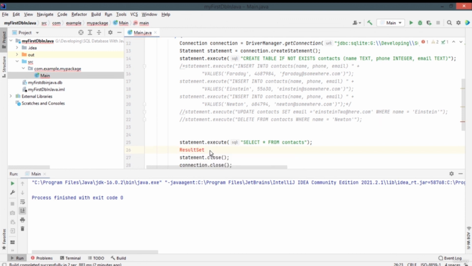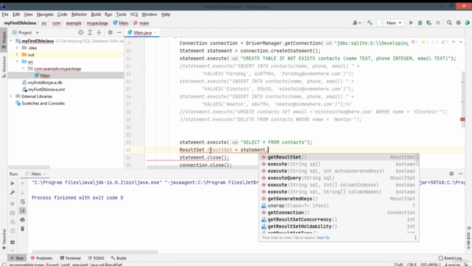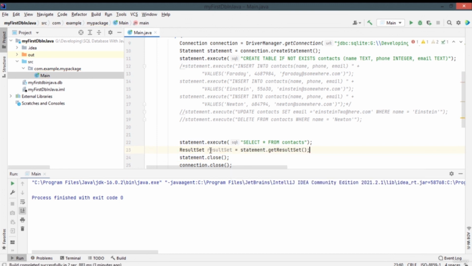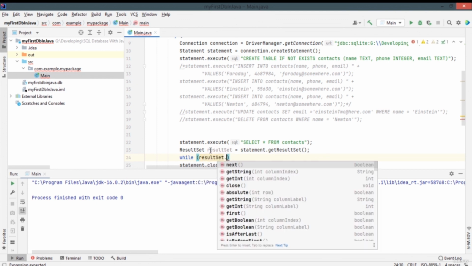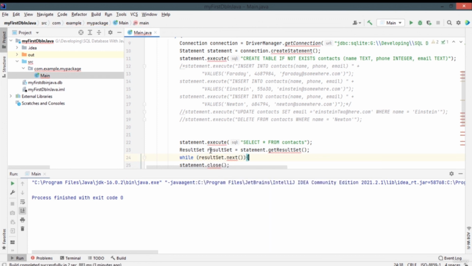I'm going to hover over it and import that class ResultSet and call this resultSet being equal to statement.getResultSet. So we select with our statement and we take the result from our statement and put it in a ResultSet instance. Okay, now while our resultSet has records, or resultSet.next(), in other words,